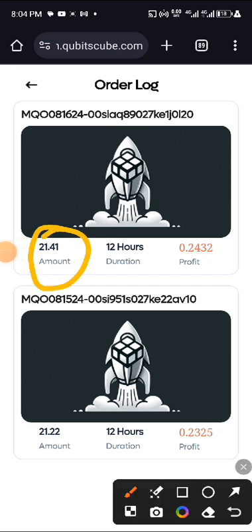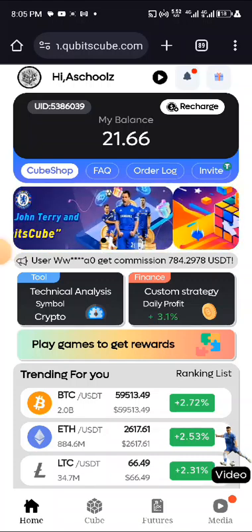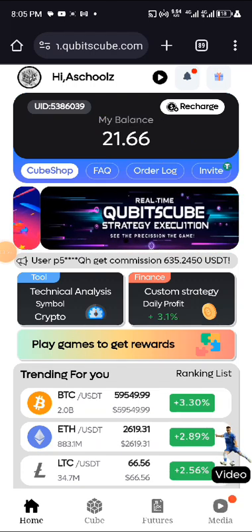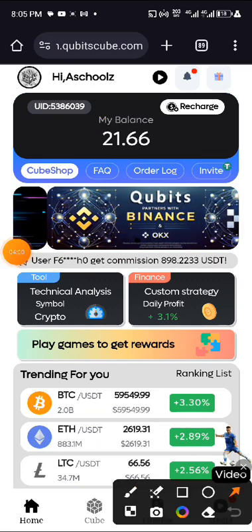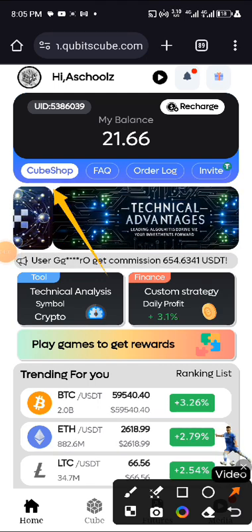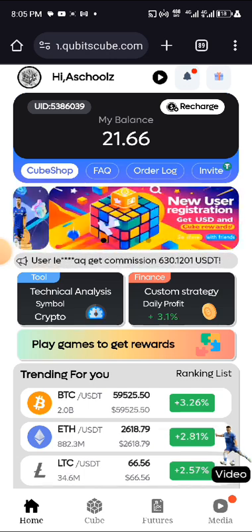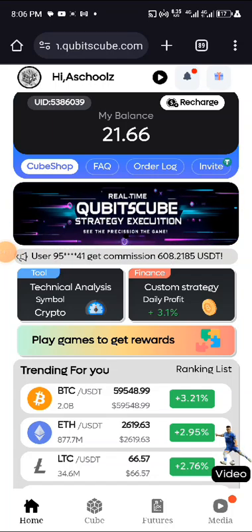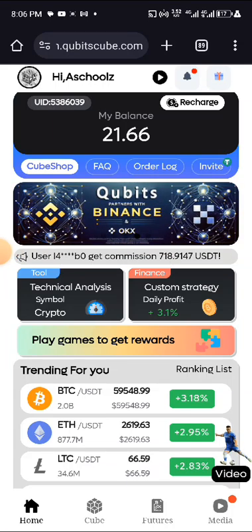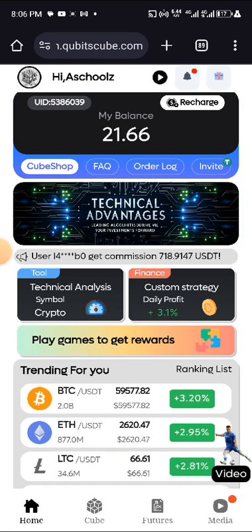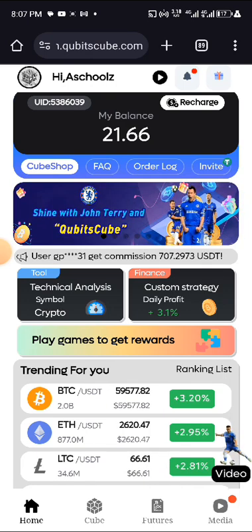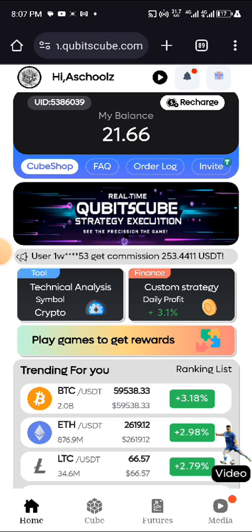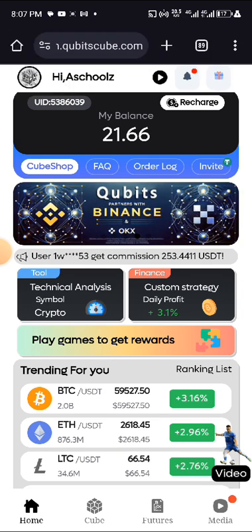One thing you should know is that the more your balance increases here and you redo it again, what I'm going to make might even be more than what I made before, because you're using your retained profits to invest again. So the more money you have there, the more profit you are going to be getting, because you are using your retained profits with your capital back to invest again. So your money will keep on increasing.